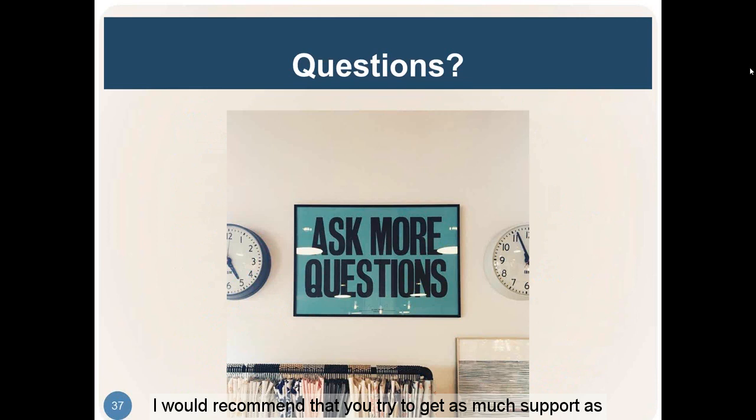I would recommend that you try to get as much support as possible. You have access to data on other agencies in your state. You can certainly reach out to other states to say, hey, our agency is spending X amount on a PR consultant. Is this anywhere in the neighborhood of reasonable, or is this rate too high? That's certainly within your own region. It makes perfect sense. And can I back up one more on my allocation question?